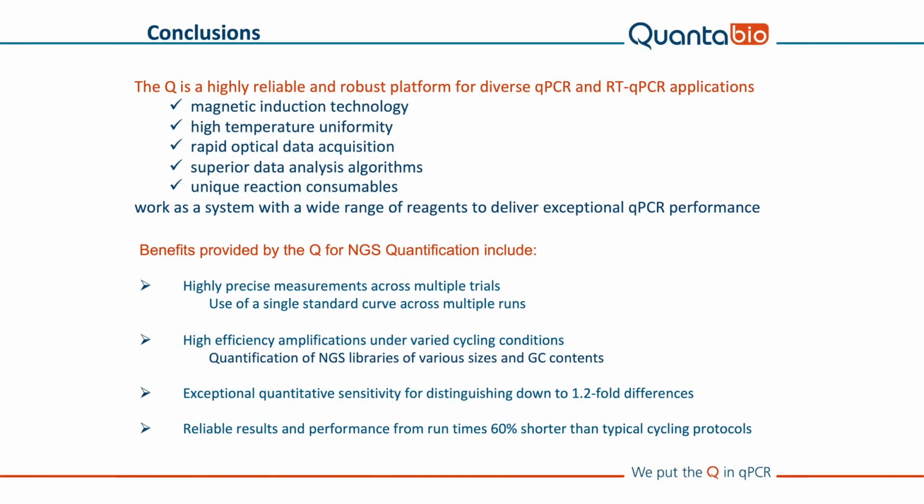Collectively, when you look at the components of the system, the magnetic induction technology, the high temperature uniformity, the rapid optical data acquisition, and superior data analysis algorithms, most of what works best on here is utilizing the LinRegPCR program for Cq calls. Altogether, you get superior data analysis. Combined with the tubes, these work as a system, and then they're reagent agnostic, but compatible with a wide range of reagents to deliver, I think, the best quality qPCR performance